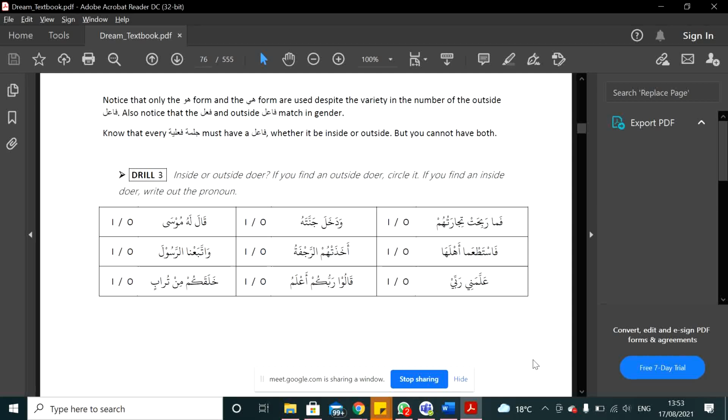So now we have to look at the word tijaratuhum. It's in huwa form. Tijaratuhum is an idafa fragment, right? And how do you find it's a rafa form? The attached pronoun doesn't give you the rafa form. Attached pronoun is always nasab or jar. When we have an idafa fragment, how do we find the status?